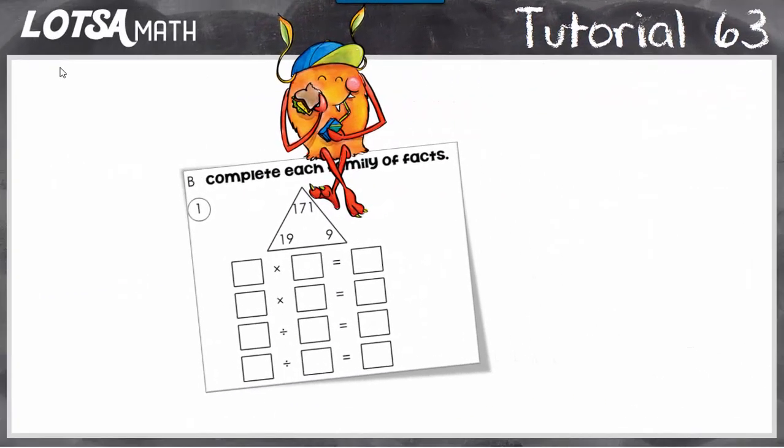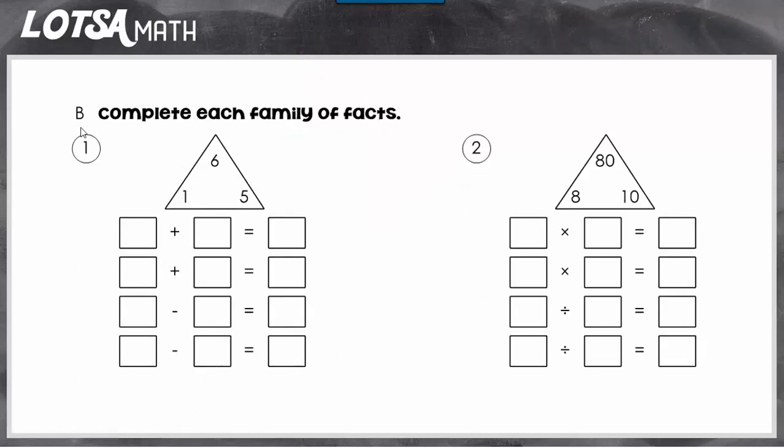For these questions, you're going to complete fact families. So we've already done some addition and subtraction fact families. Now we're going to do some multiplication and division fact families. But before we do that, I want us to look at the relationships between addition and subtraction and multiplication and